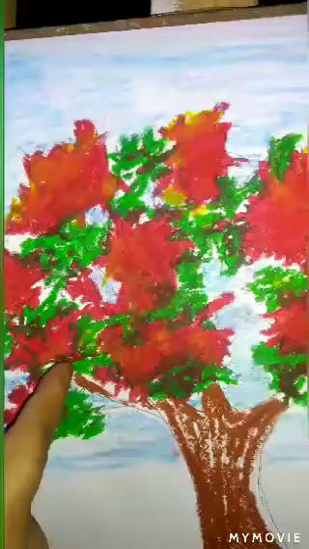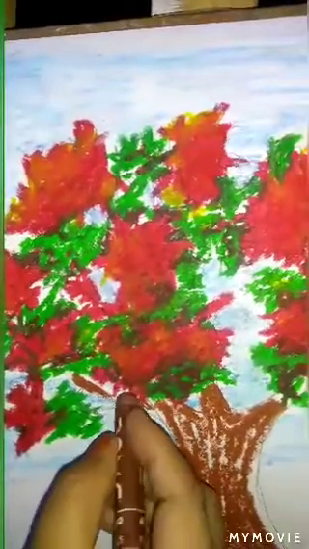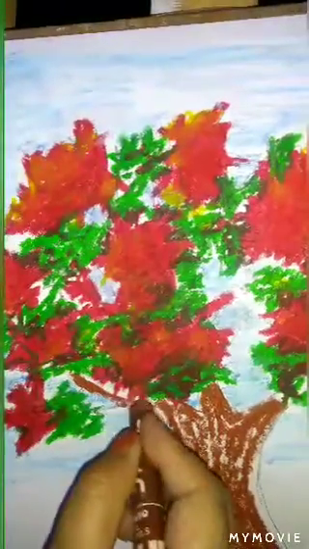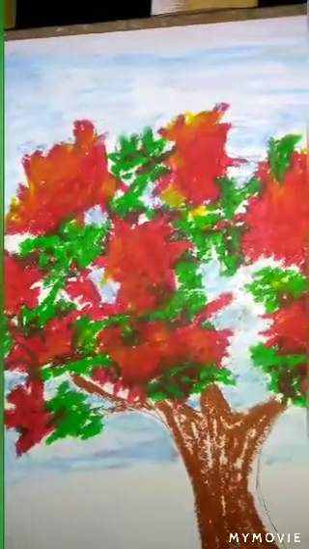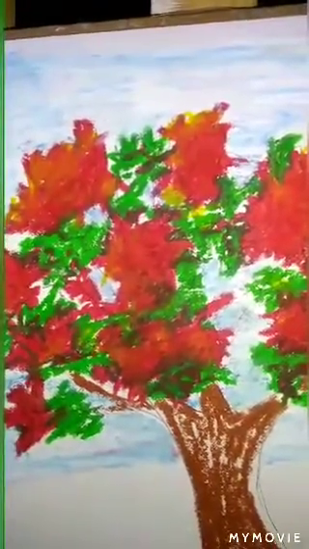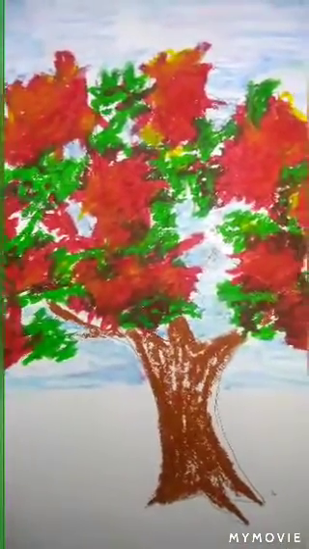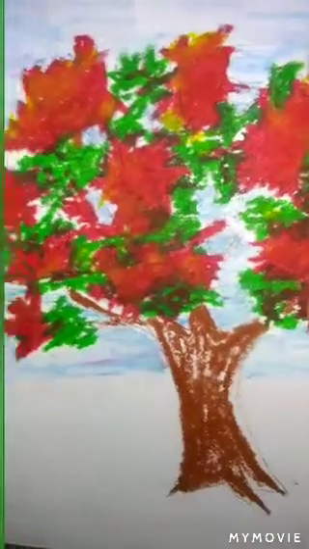I am not coloring the whole area. We will just give an impression and leave it.